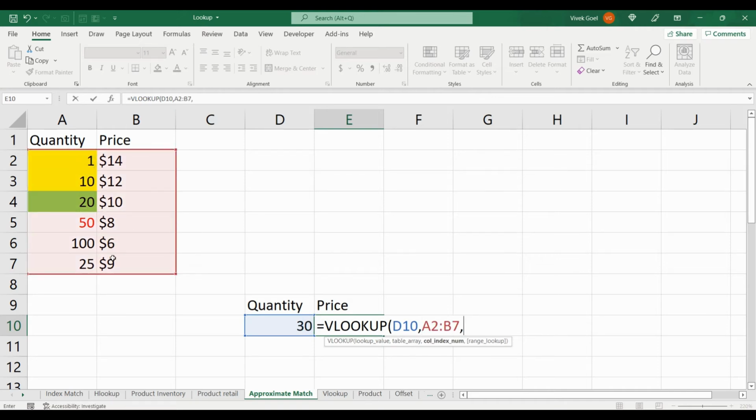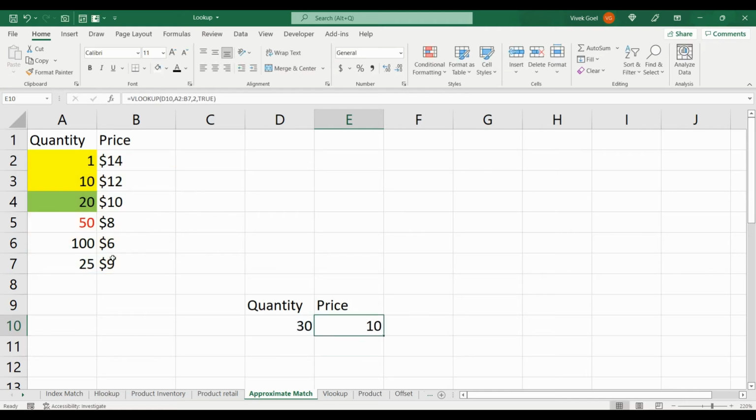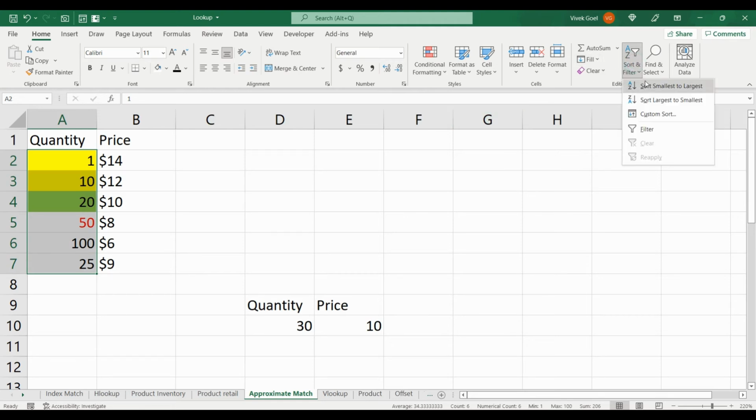But because our column is not sorted, Excel looked at 20 and after that found 50 as the next row. So it showed the price of 20 items. But if we just sort our list to be in the ascending order, it will start showing the output correctly.